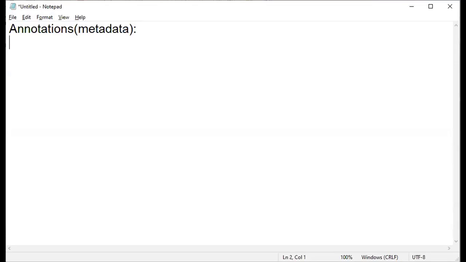But for your syllabus, I think all those things are not required. Let us keep things with respect to annotations simple. With respect to Java, the purpose of annotations is just to give us some information. What kind of information am I talking about? Say, for example,